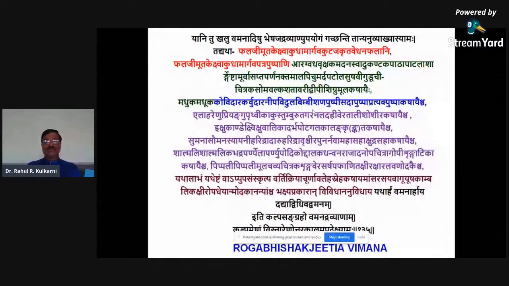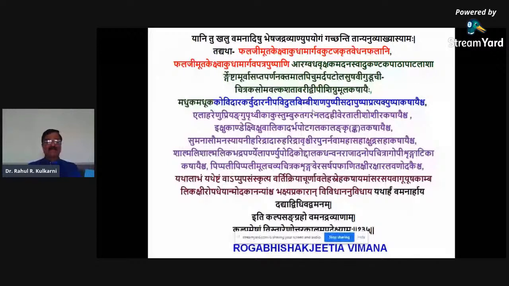Madhuka, Kovidara, Karbudara, Nipu, Vidula, Bimbi, etc. This Kovidara, Karbudara we generally see in all the 6 chapters. Starting from Madanaphala up to Krutavedana, the 8 Kashayas which are predominantly said are with this Kovidara, Karbudara, the Kashaya, where the Churna or Kalpa in the Matra has to be mixed and administered for Vamana purpose.